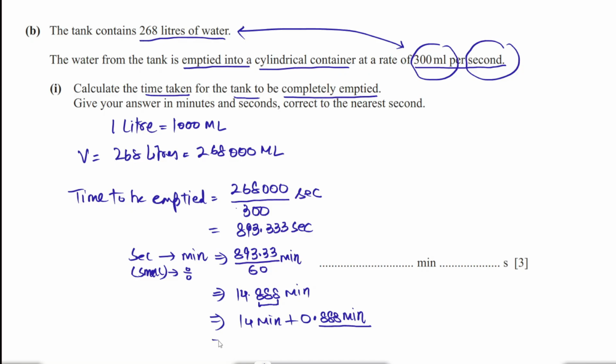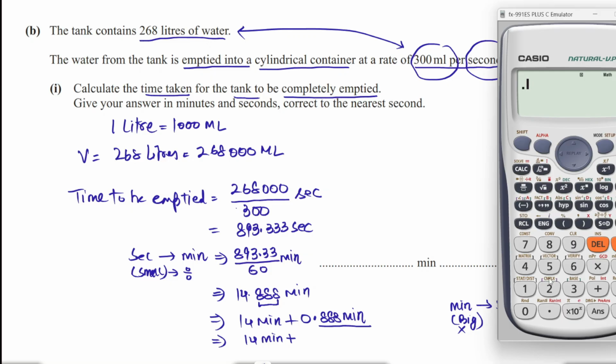So what is going to happen here? So 14 minute plus 0.888. Now we are going to convert minute to second. In hand quantity is big, hence we are going to multiply by 60. So 0.888 into 60. Okay, so we got here approximately 53.28